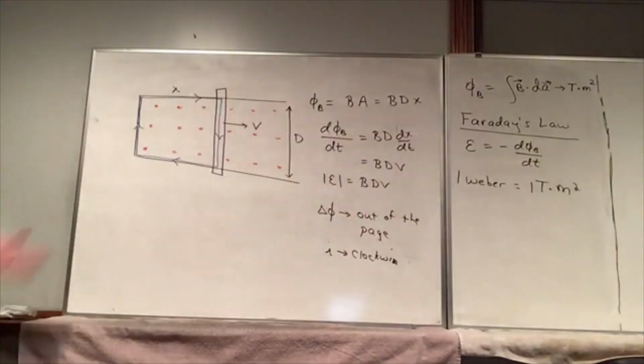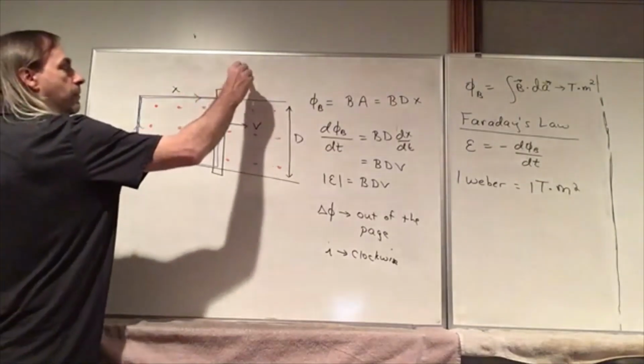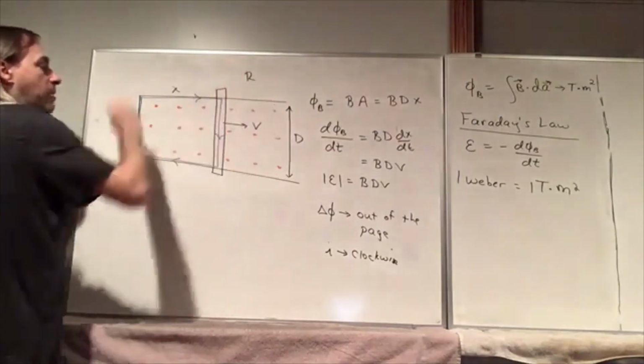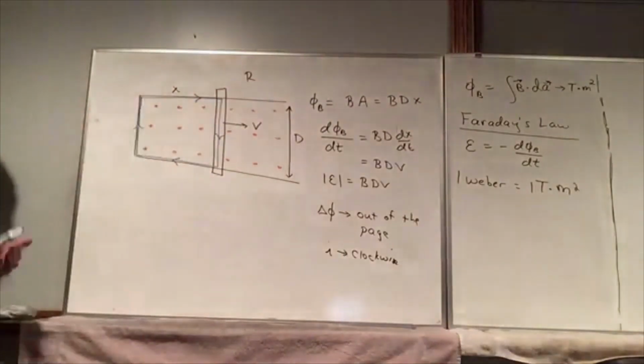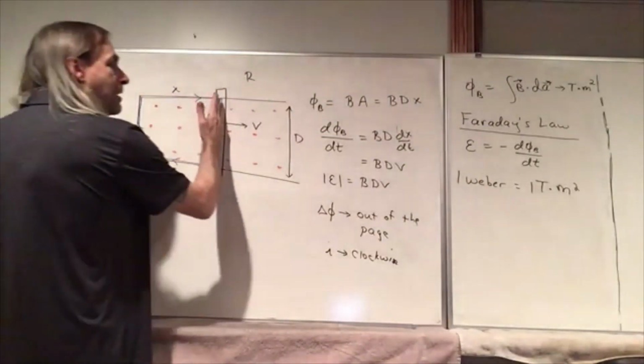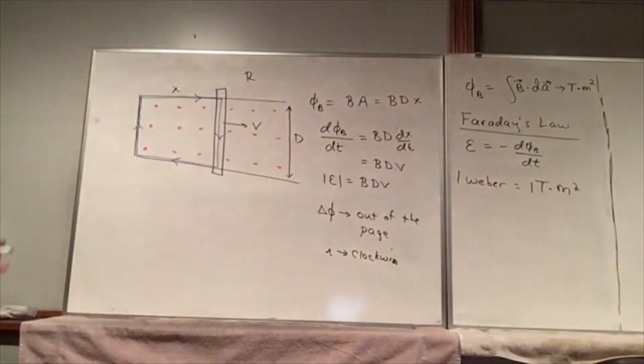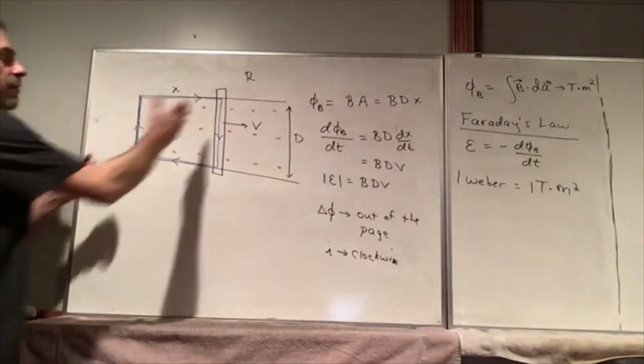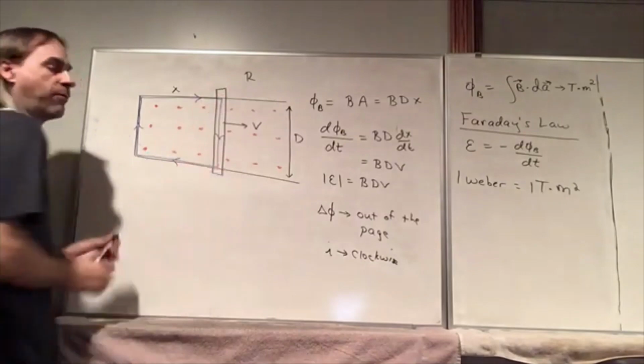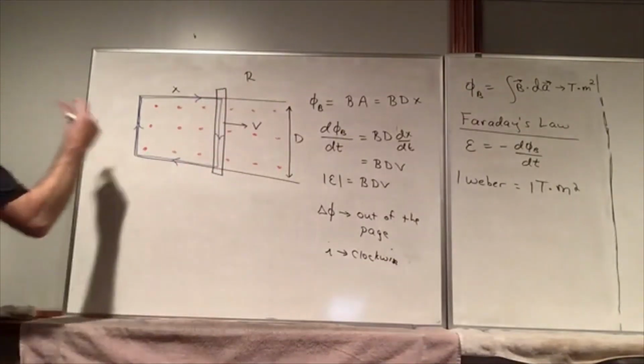And again, if we know the resistance, we could easily calculate the induced current. Let's actually do that. Let's say that the resistance is R, the resistance in this loop. Now there's a bit of an issue here. As this rail is moving, the current has to travel a longer distance. So R would probably not be constant in practice, because if we move it over, it's got these little extra lengths of wire it has to move through. So to fix that,